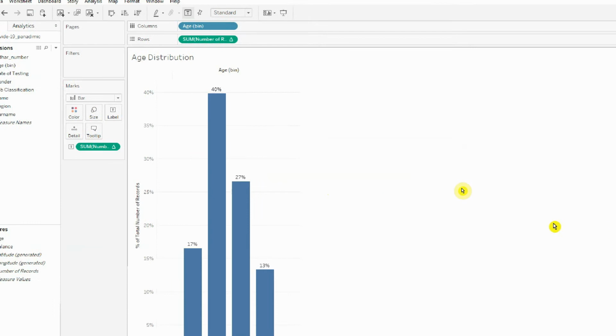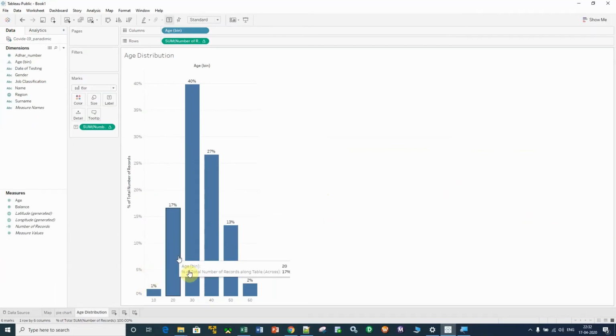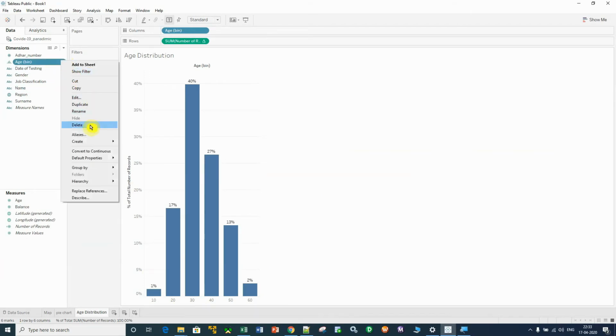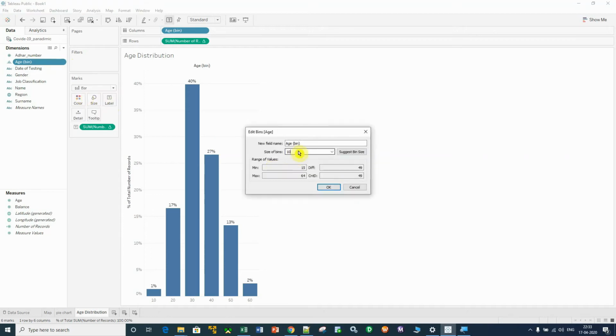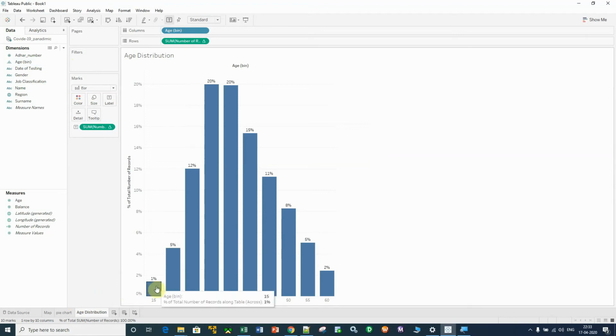Now you can see that a 10-year bracket has been created, and at the age of 20 to 30, 40% people are affected. But we do not want this visualization, we want the visualization of age 5. Click here, click on edit, and instead of 10 give 5 and click on OK. Now the age distribution has been created, right?